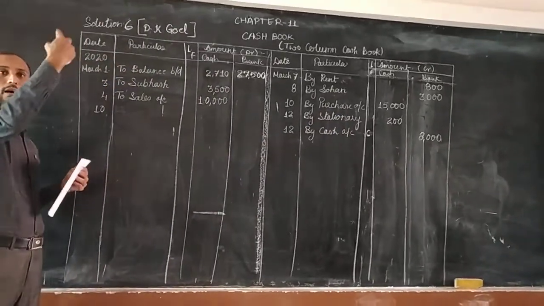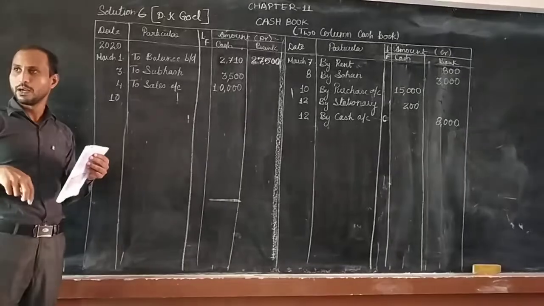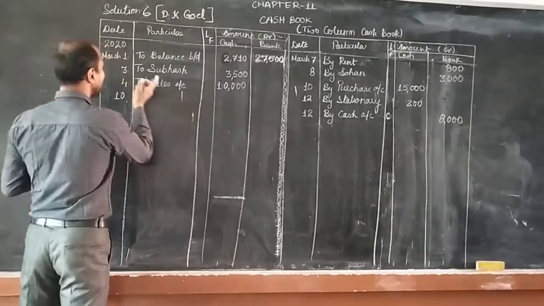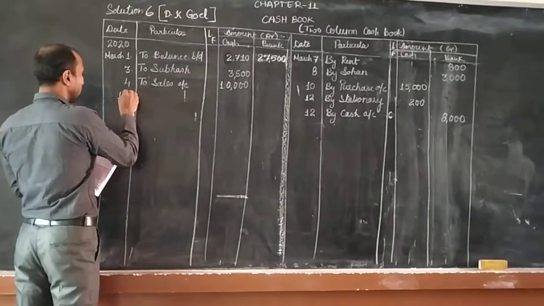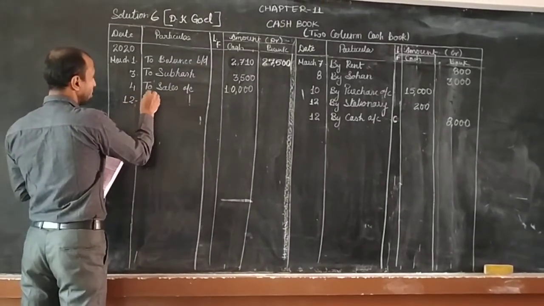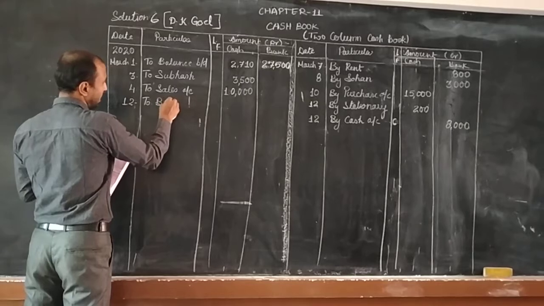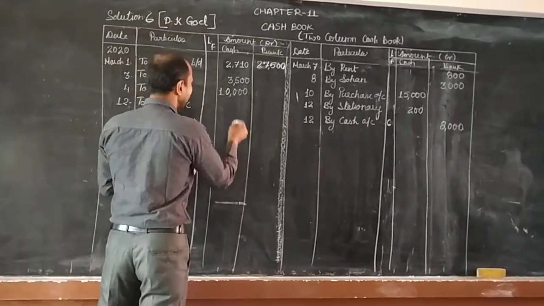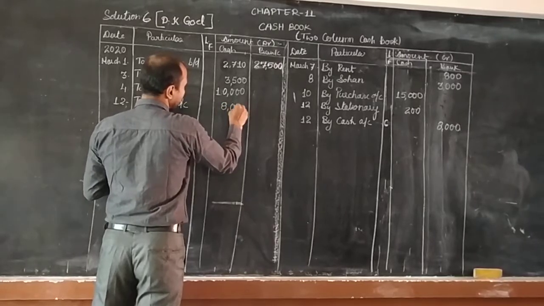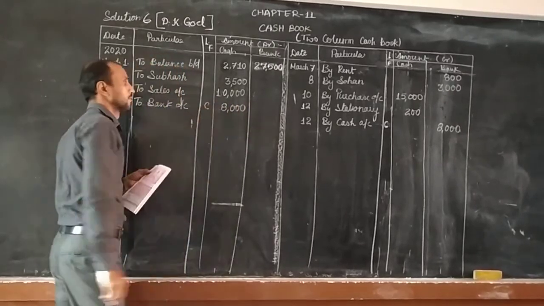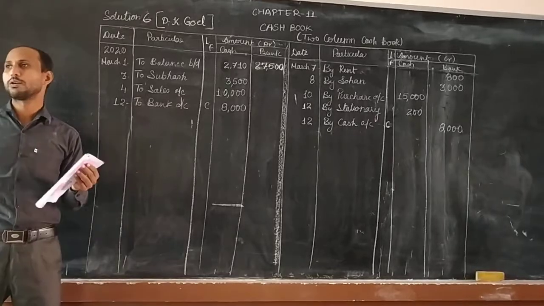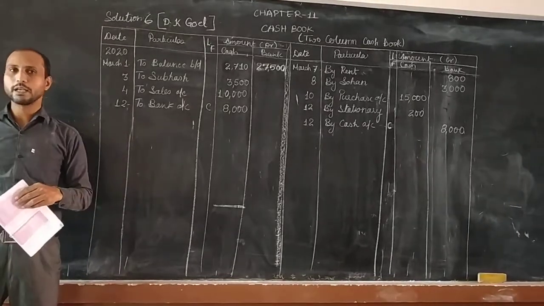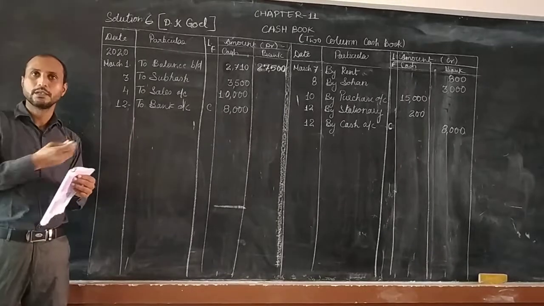बैंक से पैसा निकला और नगद हमारे कैश में आ गया. So here we will receive that amount. That date is of 12. Because it is 12 only, and it is your to bank, because बैंक से आ रहा है, बैंक से आ रहा है. How much amount we are going to get here? 8,000 we will get here, क्योंकि 8,000 निकाला है. Here also we will write C, contra. So both side it is contra and it is balanced. वहां से पैसा निकाला तो कम कर दिया, और यहाँ कैश में पैसा आ गया तो हमने बढ़ा लिया. It is increased. It is clear?